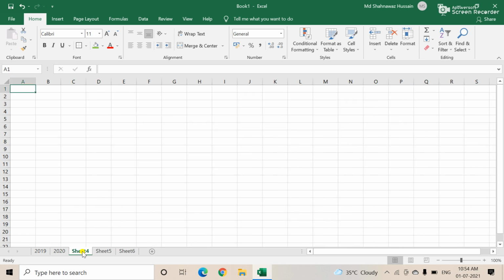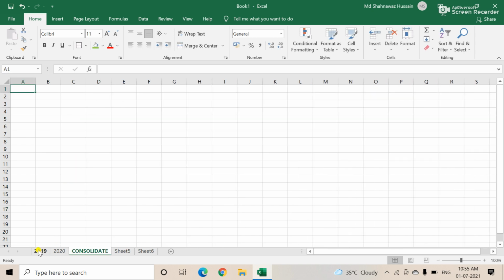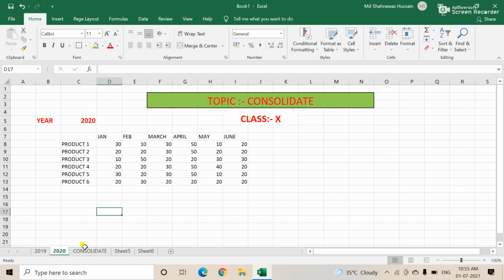Otherwise, if you want to change the name of the sheet, then obviously you can change it. Suppose I am writing here, consolidated data. So I have written consolidated. Now, what is our job?